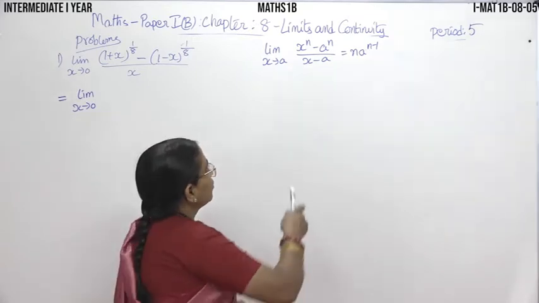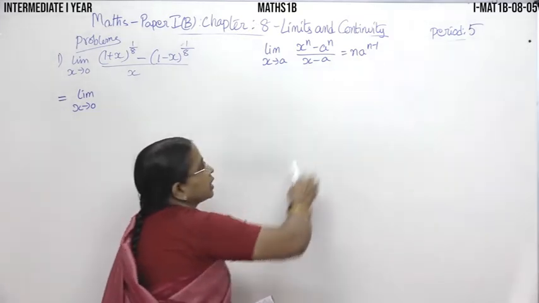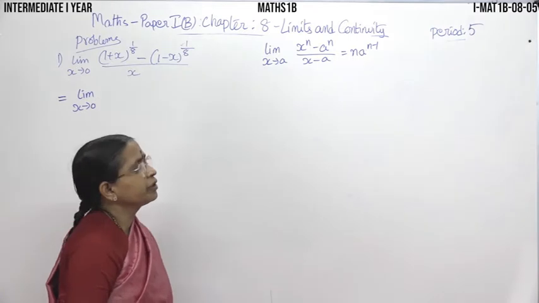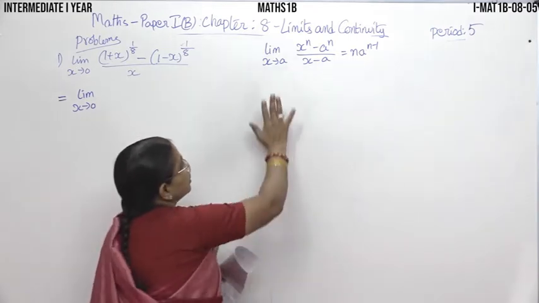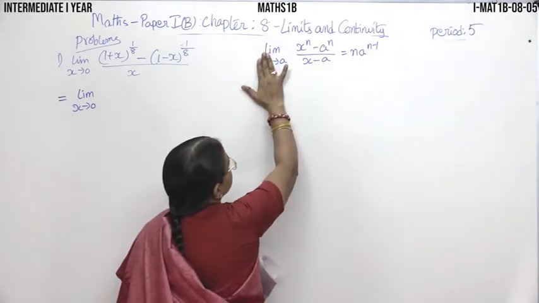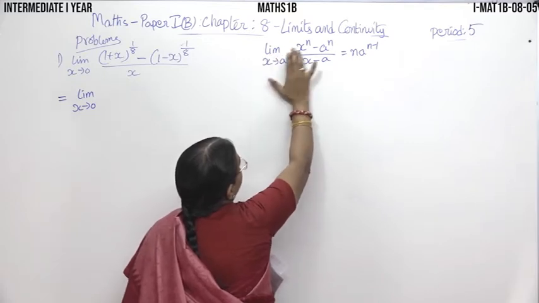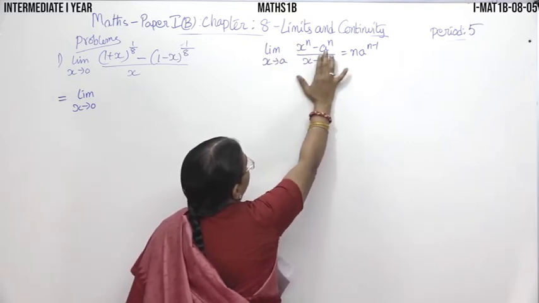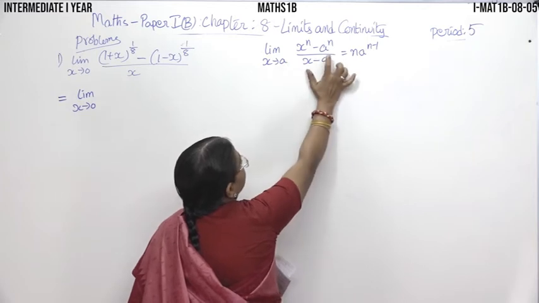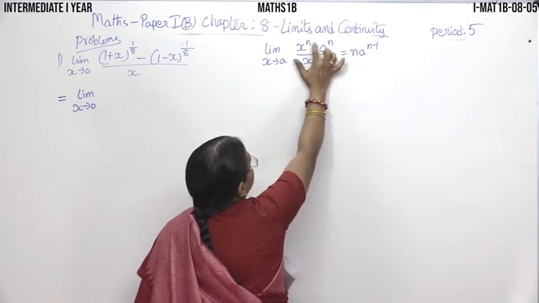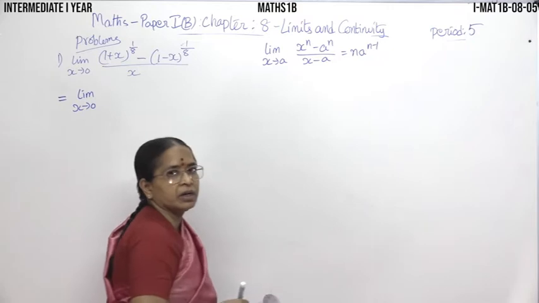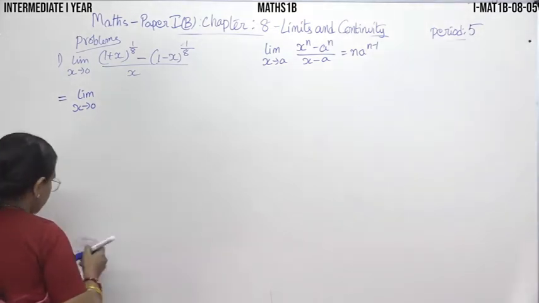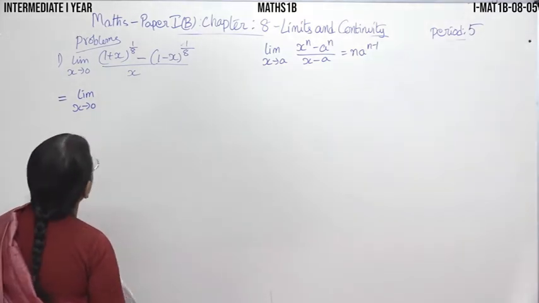Now we'll do some problems based on this standard limit, as x tends to a of x power n minus a power n by x minus a. Here you must understand that the same x should be here and the same a should be here. Whatever you are writing here, that should be here and here, and these powers should be the same. Okay, so now the sum is limit x tending to 0 of